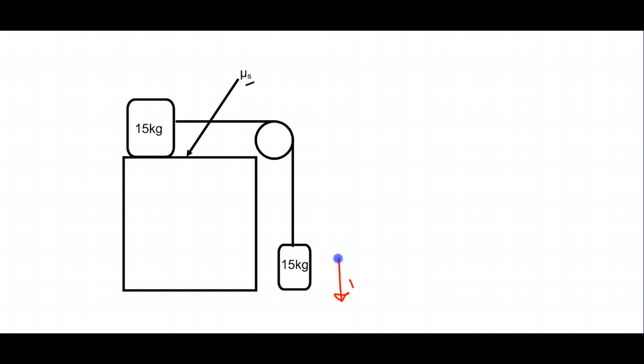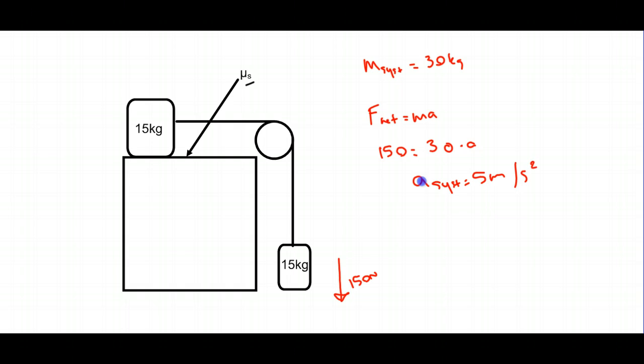We have a 150 Newton force pulling down this way, and we have total mass of the system equal to 30 kilograms. So the result is F net equals ma, and so 150 equals 30 times a. So the acceleration of the system would be 5 meters per second squared. So if there was no static friction force, then we would have an acceleration of 5 meters per second squared, which means that what's happening